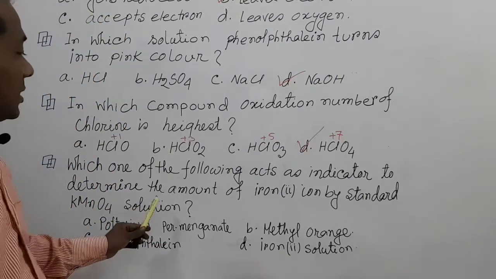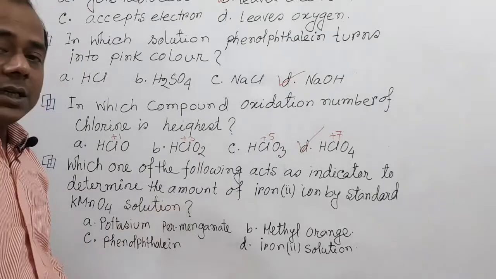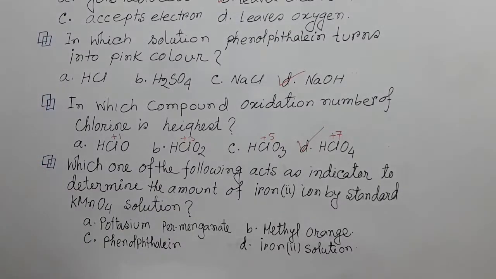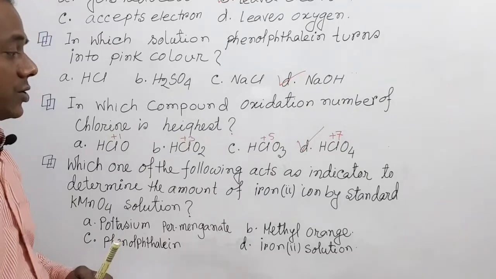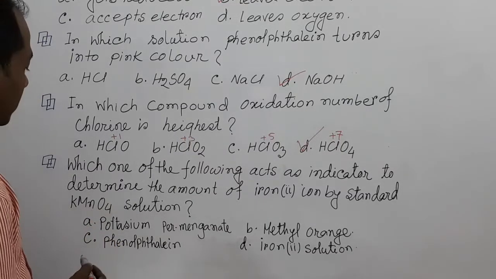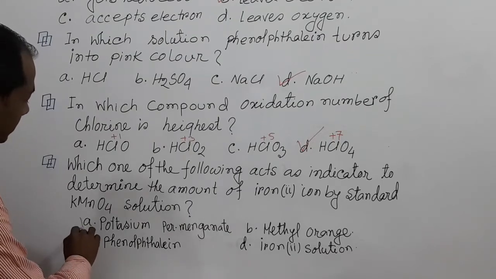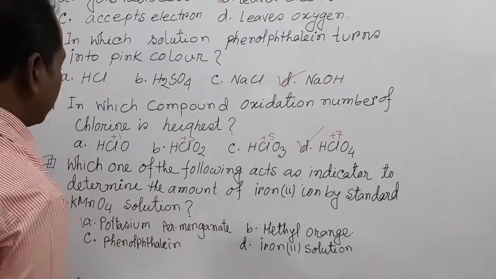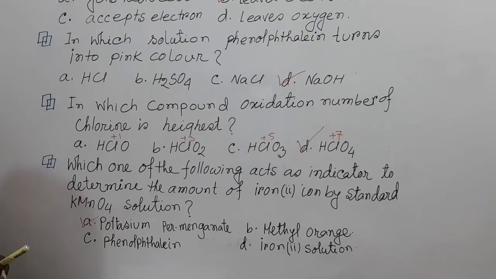This is an oxidation reduction reaction, and the titration we use is oxidation reduction titration. You can say that the potassium permanganate acts as indicator to determine the amount of iron 2 ion by